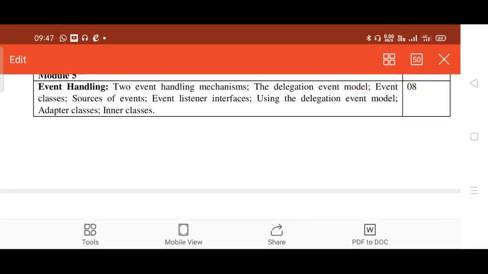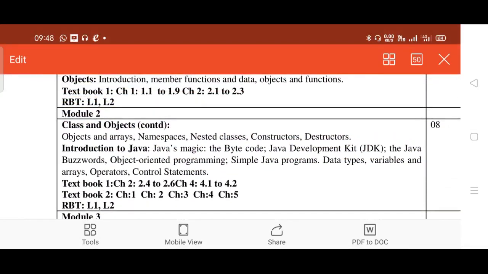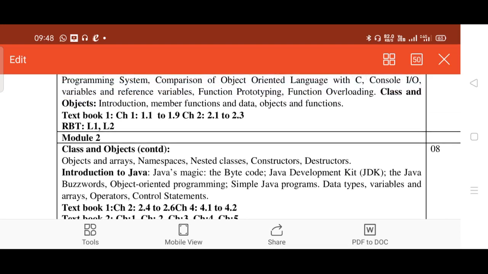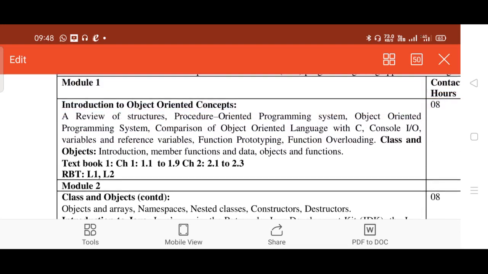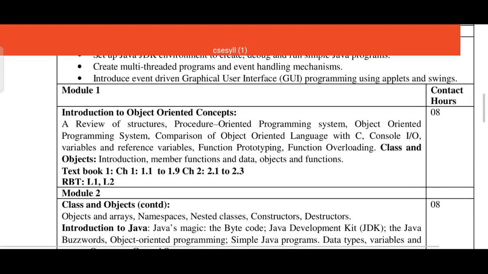Let us see the C++ concepts, basic concepts. As per the syllabus, it is told to make a bridge course for C++. Anyhow, we'll be studying the first module. The first module topics are like a C bridge course for object oriented programming only. Let us see how to write a small program in C++ and all that is there in the first module. Let us begin with module number 1.